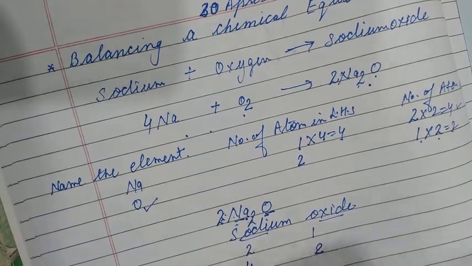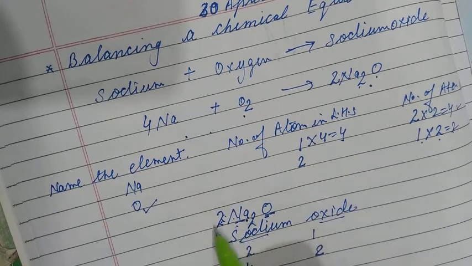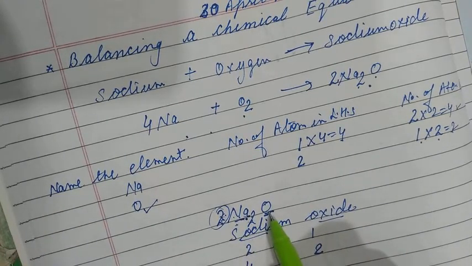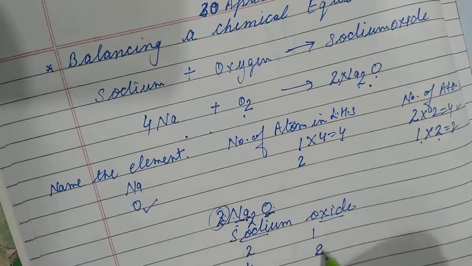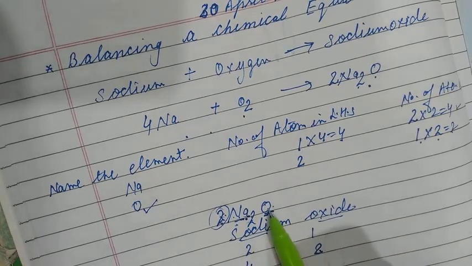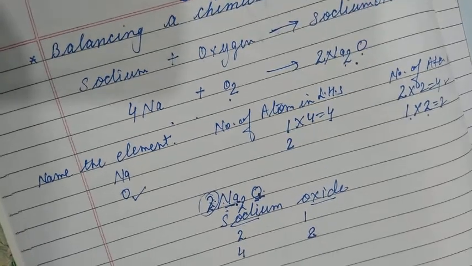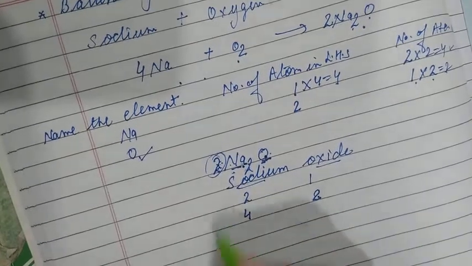Now like this you multiply both by 2. 2 2s are 4, and here is only one oxygen atom, so only 2 atoms. So now you understand how you can balance a chemical equation. Now we can take a simple example.